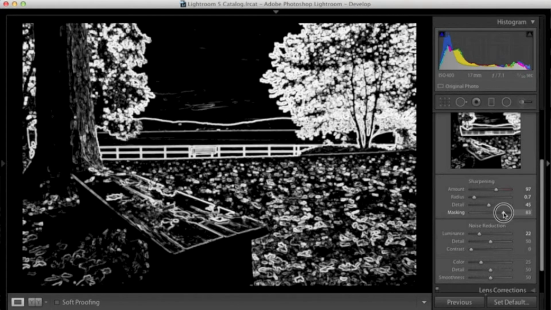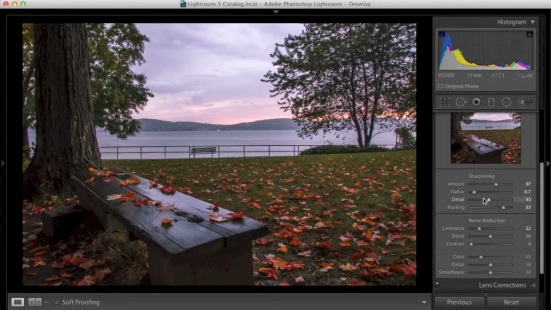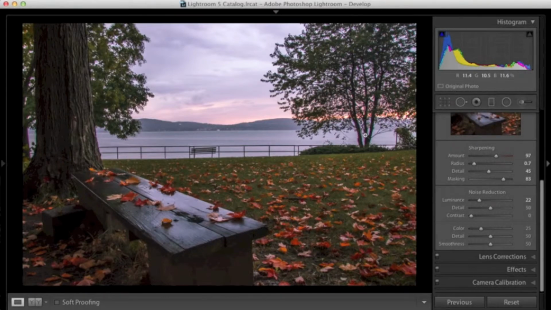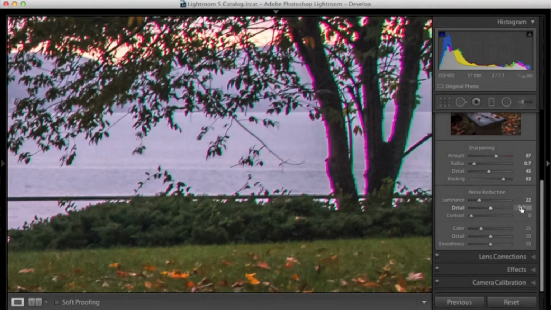77, all right, we go to 83, and that looks fine. Bang, bang, bang. Look at that. Nice, beautiful image. Last but not least, because I do see chromatic aberration heavily right here,